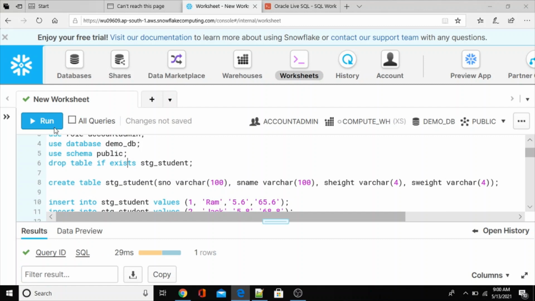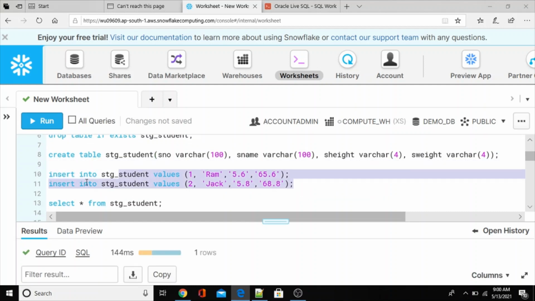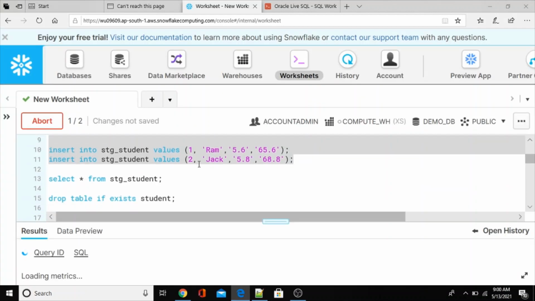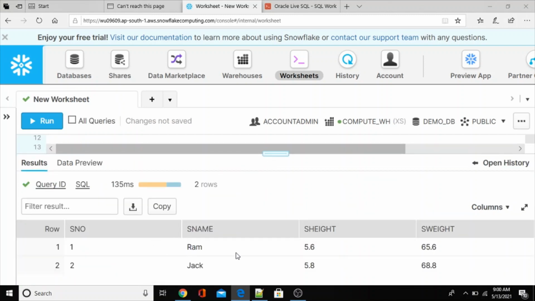Before creating, if it is there, then I'm going to drop that one. And here also the same structure, whatever is there in Oracle, the same structure I'm going to create. And I'm going to insert the data into the stage table. After inserting the data into the stage table, here is the data.